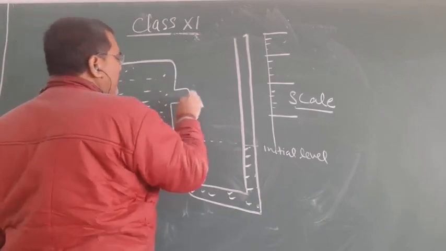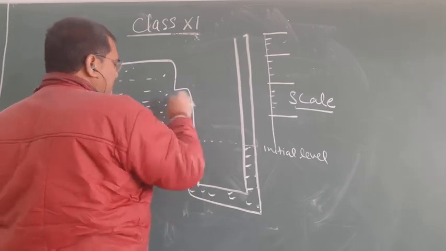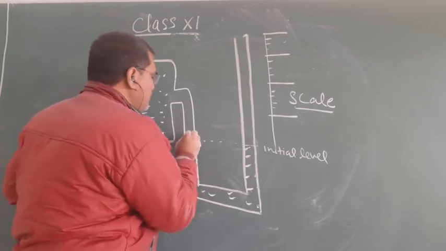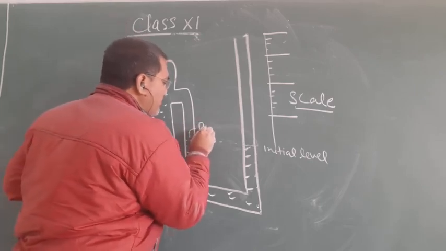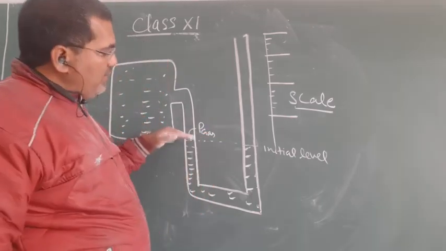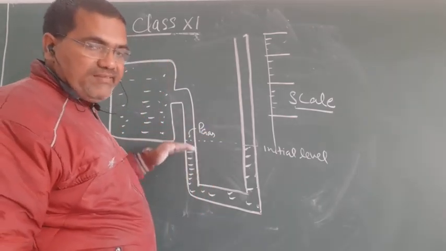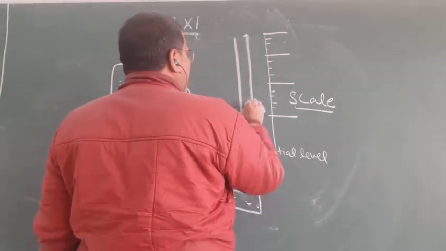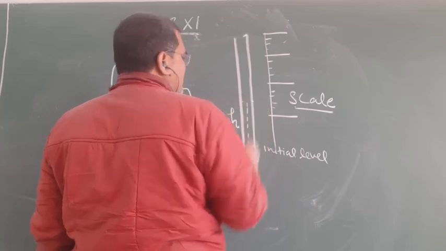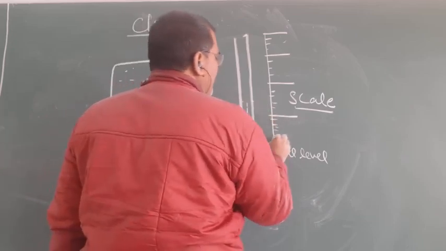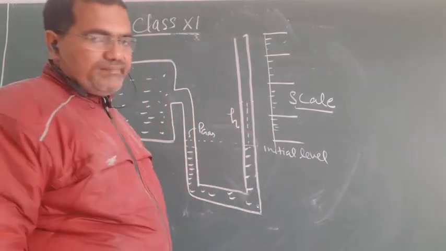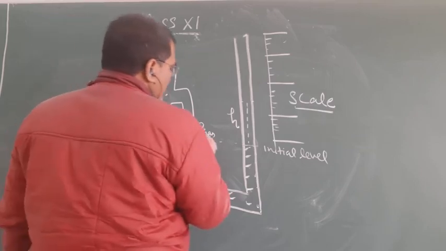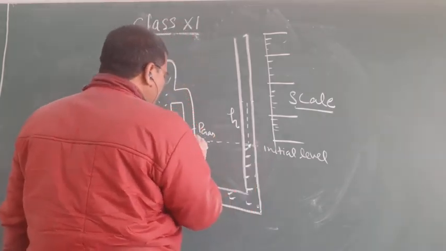and open the valve, then the gas creates a pressure on this liquid. So suppose this is the pressure of gas, P gas. Then the liquid is depressed in this column and rises in this column. Say the liquid rises up to height h here. So you can measure it by the scale. What is the height? And we know this is the initial level. At the same level,